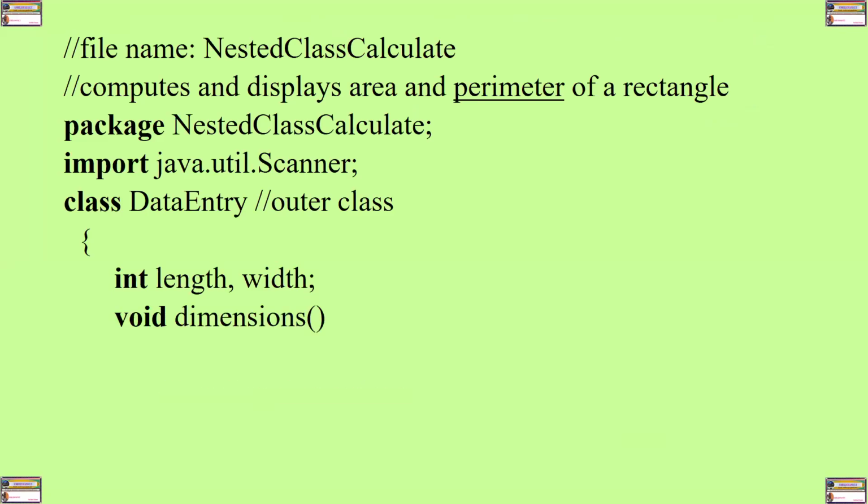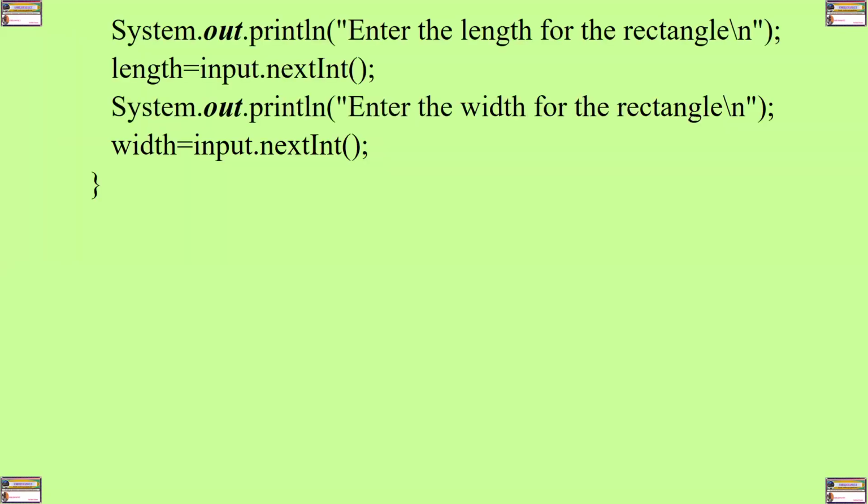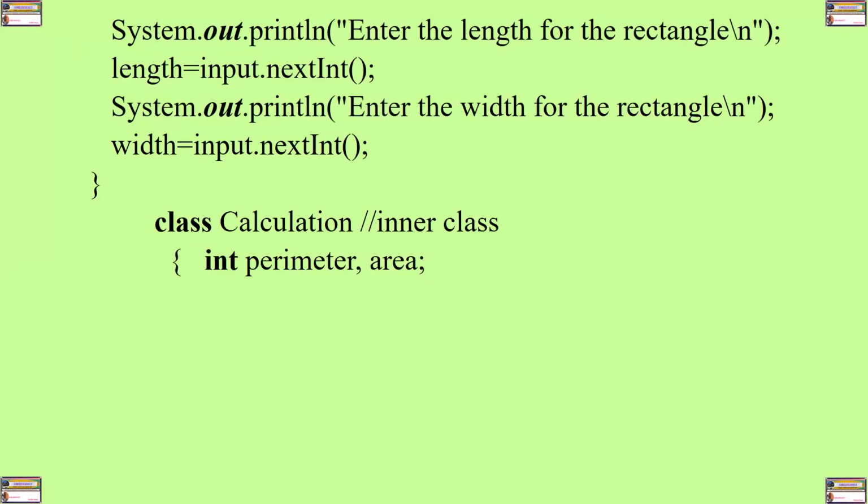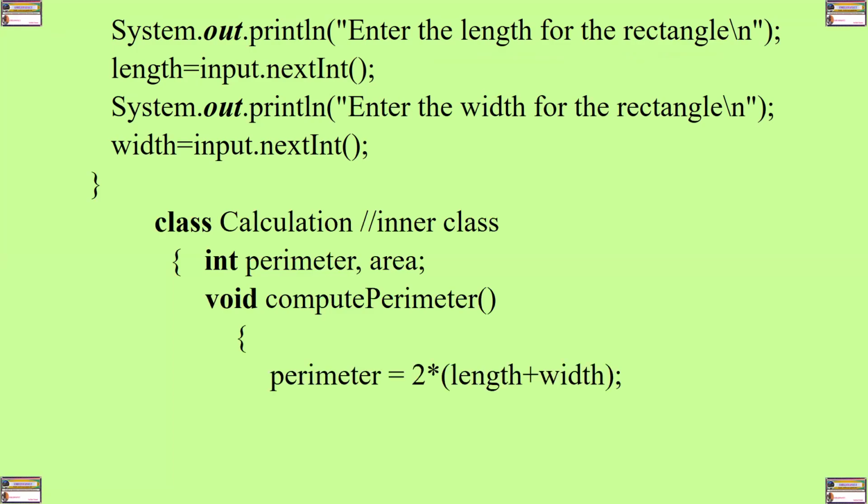It has the data members, and it has a method called dimensions, but we are also having another class inside it. The name of this class is calculation. Now this inner class has two data members, area and perimeter. And within it, we have the definition of a method called compute perimeter, which of course performs the